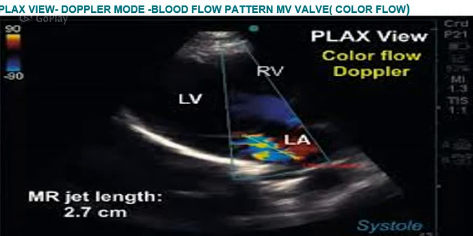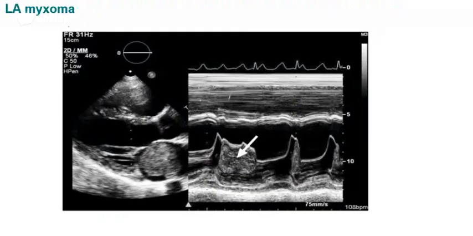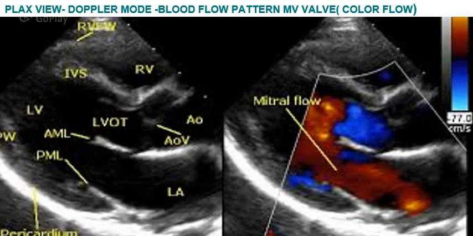So these are a few important pieces of information we can get from the parasternal view, and in the subsequent videos we are going to discuss what abnormal structures and abnormal things we can measure, and what different pathologies we can find on the parasternal long axis view. So to summarize, the parasternal long axis view is one of the most important views, and here